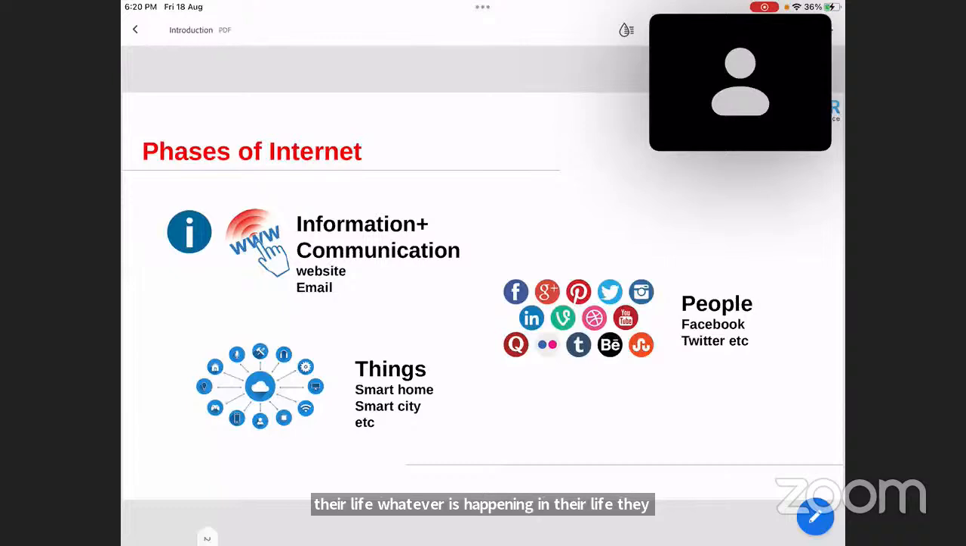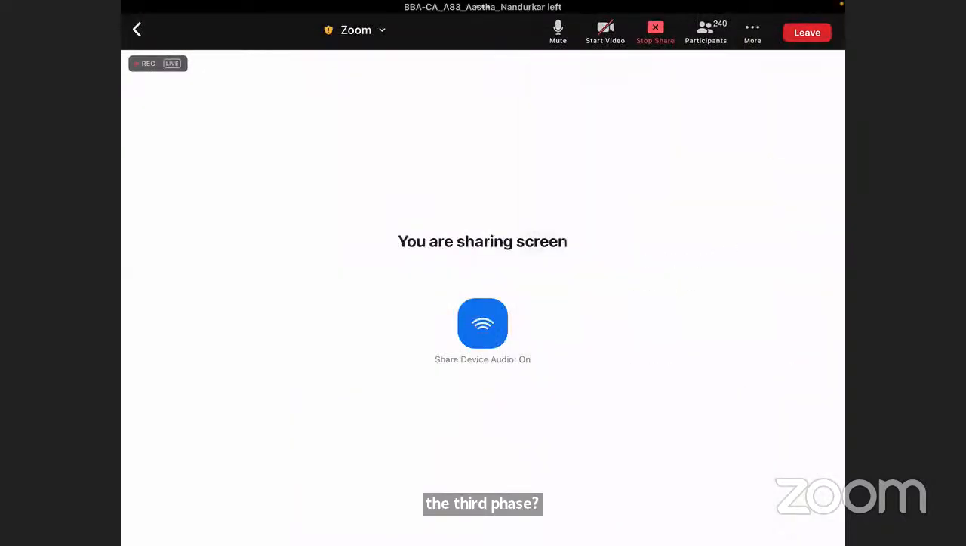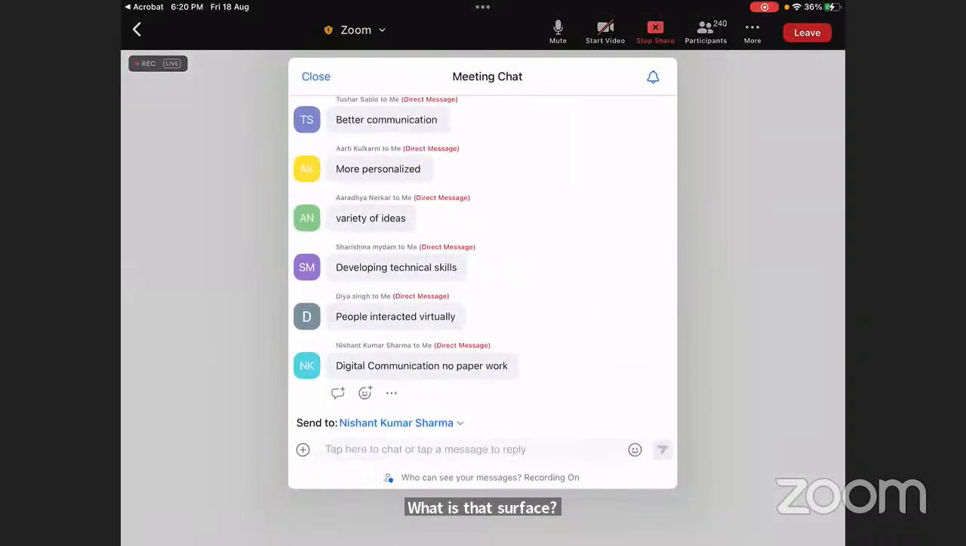And still, see, all these three phases are not individual. Communication and information and communication also evolved. Internet of people also evolved. And after that, the third phase came into existence. So what do you think about the third phase? What is that third phase? Can anyone give me the idea of Internet of Things, what is